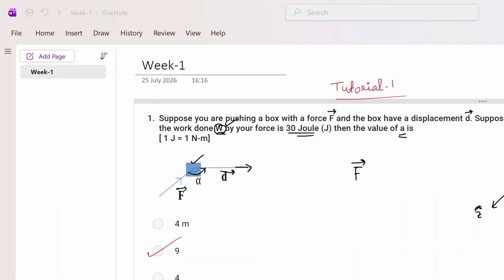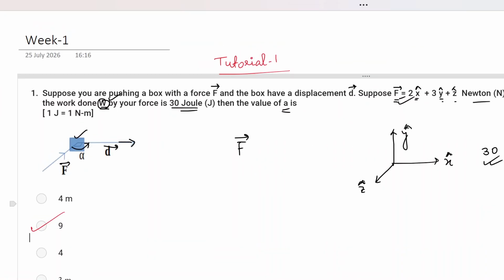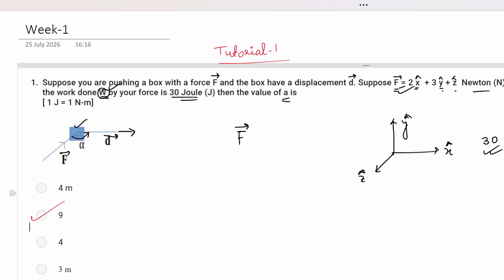Yeah, I got it, a is equal to 9. You did that. Work done is equal to f vector dot d vector, into cos alpha. You have put it actually. So the cos alpha will not be considered in the multiplication of it, or is this left as it is? No, no, actually the cos alpha term is there.